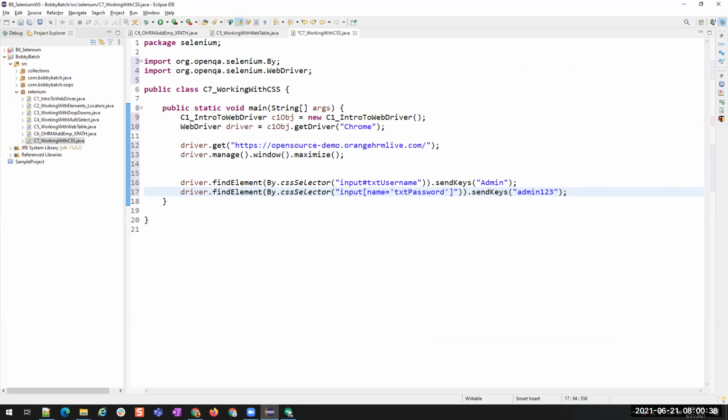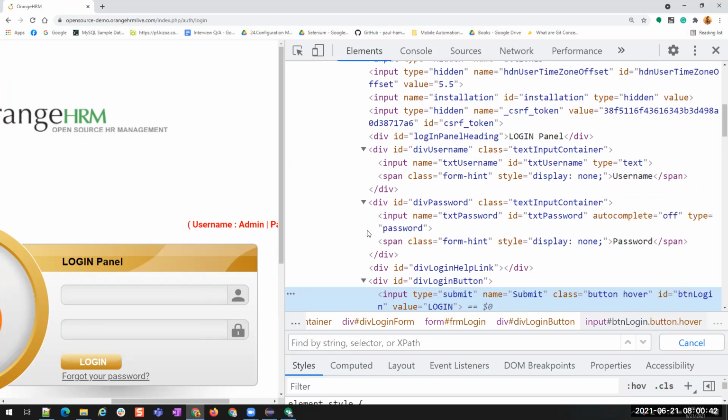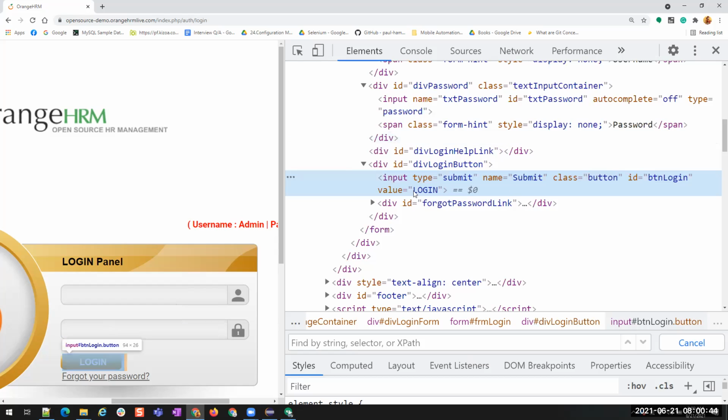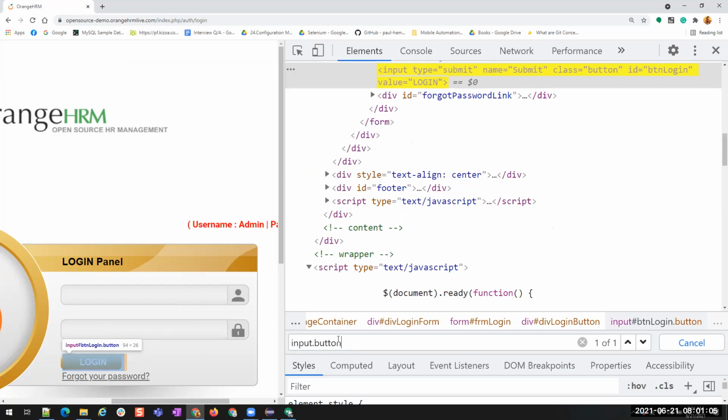And then we want to click on the login button. Let's see what properties we have. For login, we have ID, we have value, we have class. If you want to find this login button using its class, then it is input dot button.